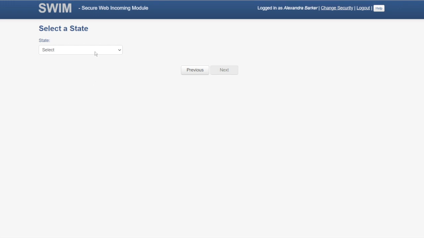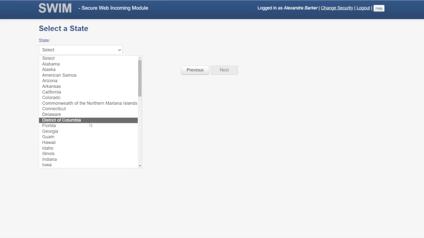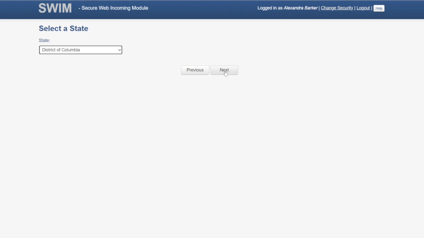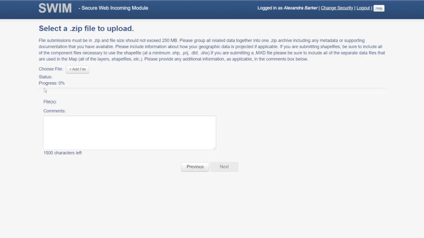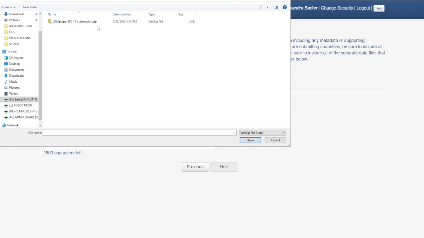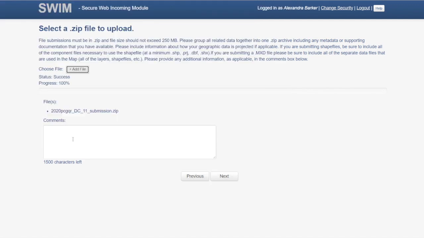Completing the subsequent windows associated with the government unit entity type opens the Select a zip file to upload screen. Select the Add File button and the Choose File to Upload screen will open. From the Choose File to Upload screen, navigate to the directory location of the 2020 PCGQR case zip file. Click Open. Add additional pertinent information to the Comments section. Select the Next button to proceed with the upload.